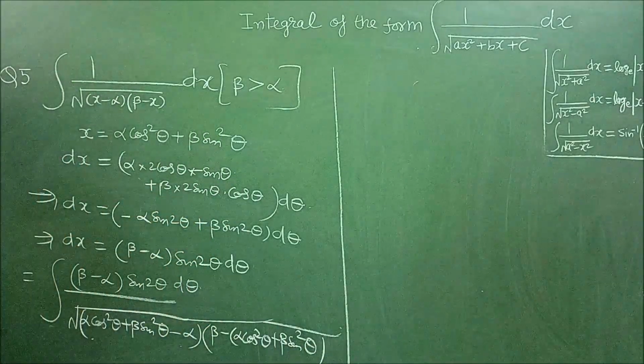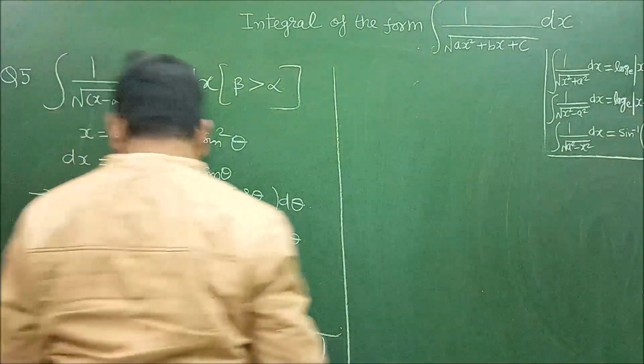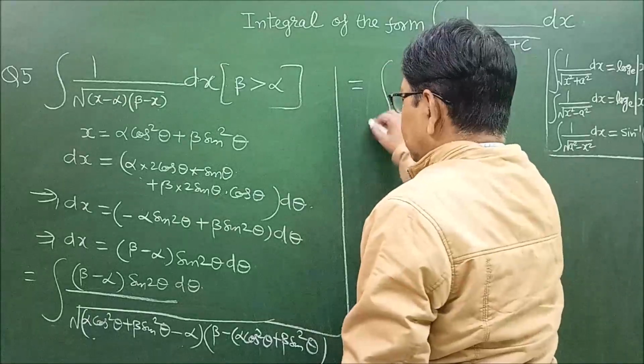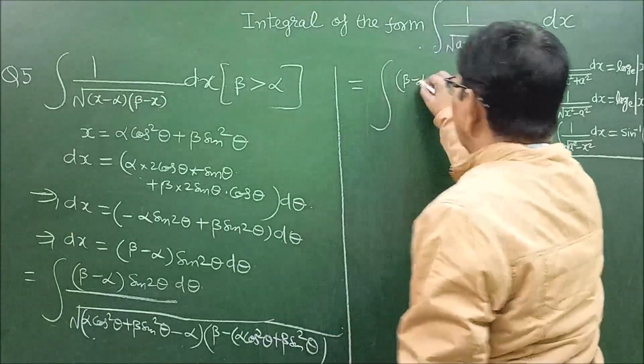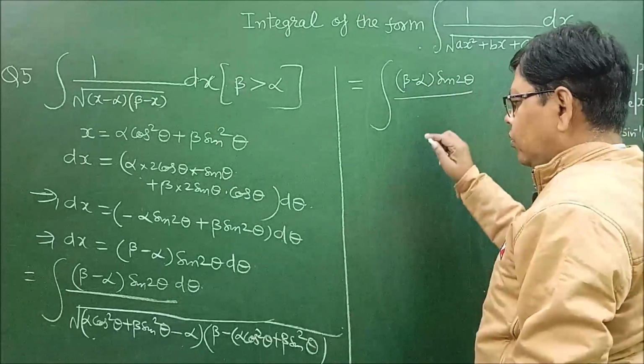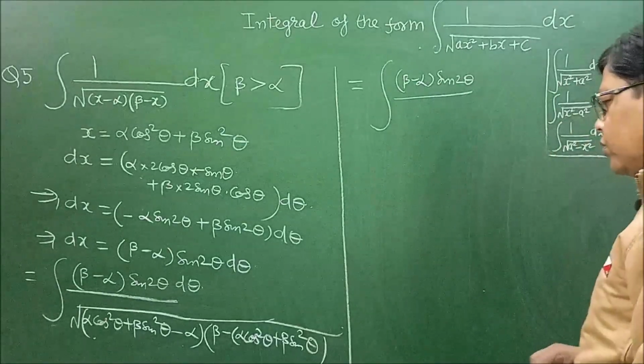And now this further reduces to the integral of (beta minus alpha) sin 2 theta upon